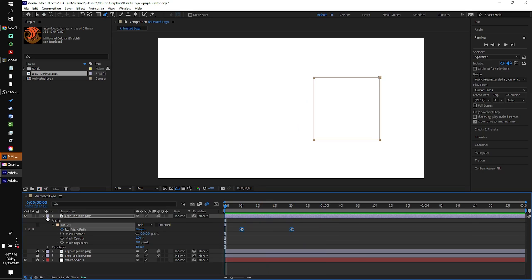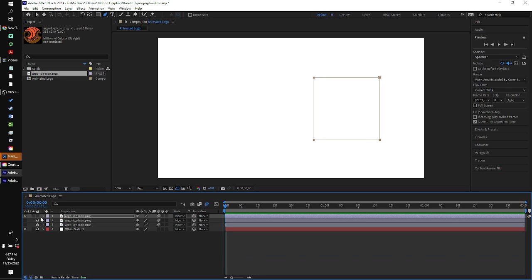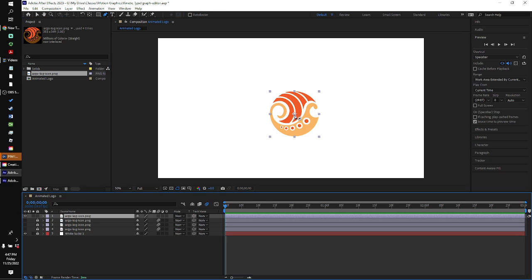All right, so that's a basic mask. I want to show you what's called a track matte, which is a little bit easier to work with. So I'm going to do what I've been doing. I'm going to lock this layer and turn off the eye and drag a new logo onto the stage. Now this time, I'm going to deselect the logo. You can see here on the timeline, you can tell what's selected by clicking on it, and then it's highlighted. So I'm going to click off of that, so that way I'm not creating a mask, I'm just going to